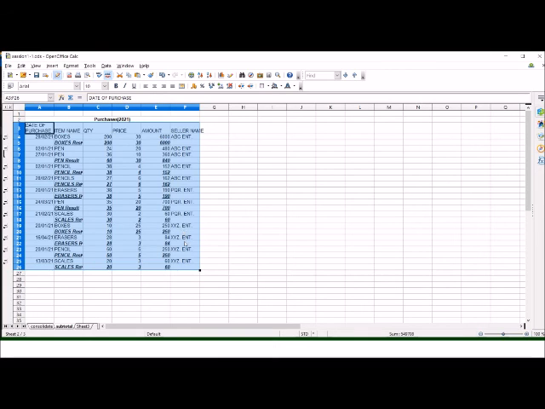Then from XYZ Enterprises. So here we can see the data is grouped on two bases, first on the basis of seller and then on the basis of item name. So this way the data can be grouped on more than one basis also. So this is the purpose of subtotal.